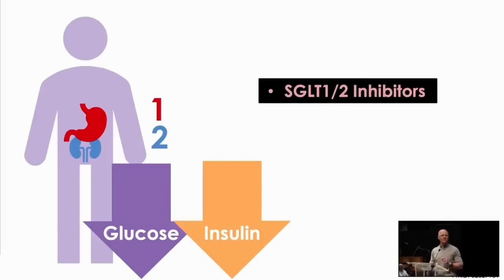However, there are consequences. There's something within physics called an osmotic gradient. That sounds more complicated than it is. But where there is a lot of glucose, water wants to follow. This is why in diabetes the person's urinating so much, because the glucose that's getting filtered into the kidneys is overwhelming the kidney's ability to pull it back in. And so we have a lot of glucose that stays in the urine. Well, where there's a lot of glucose, there's a lot of water. And so there ends up being a lot of urine volume produced.